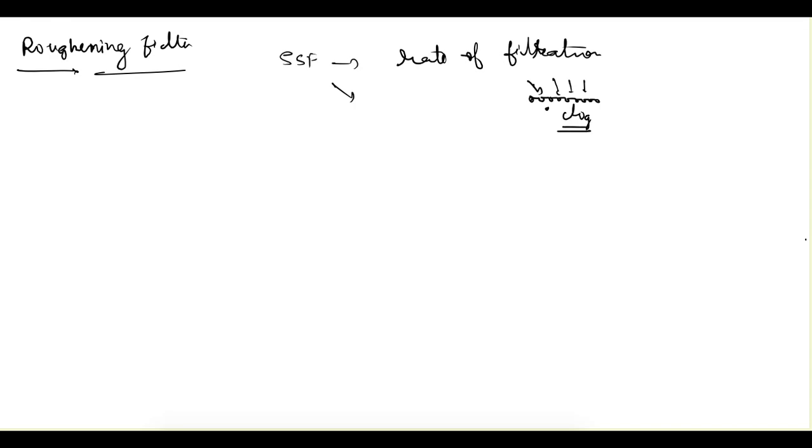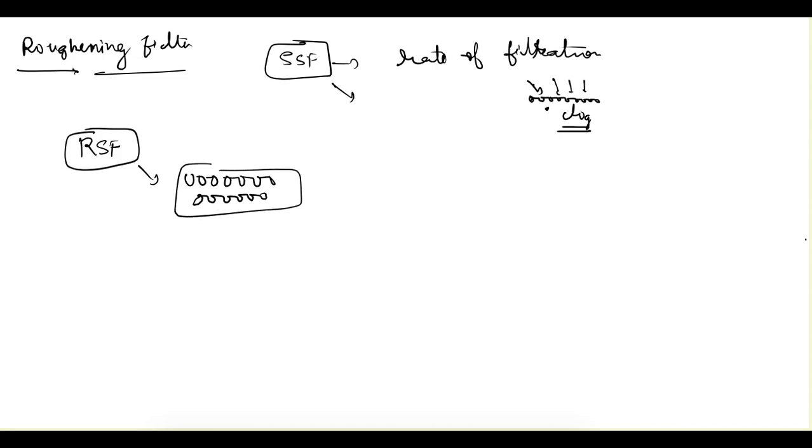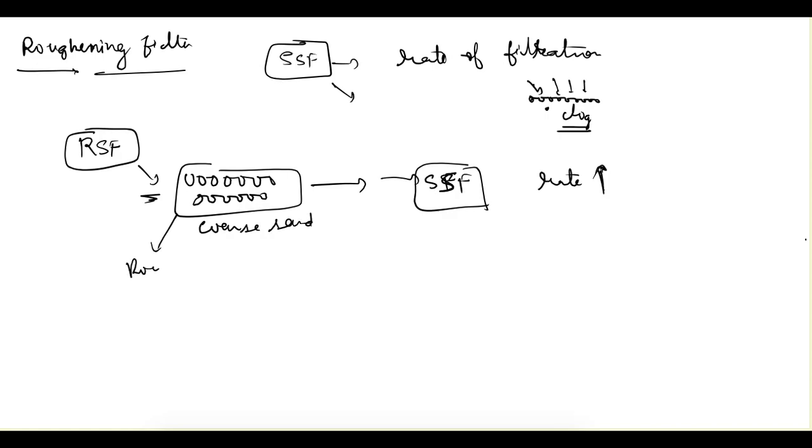So how can we improve the working of the slow sand filter? What if we provide a rapid sand filter which is not as good as our normal rapid sand filter? Here we will provide coarse grained soil, so it will remove some of the impurities, and the water we get from this filter will feed our normal slow sand filter, which can do the proper cleaning, and the rate of filtration will be comparatively high. This rapid sand filter, in which comparatively coarse sand is used, is called the roughening filter.